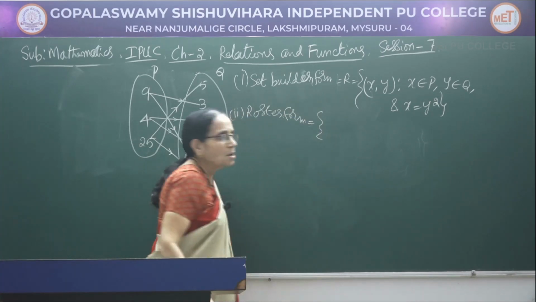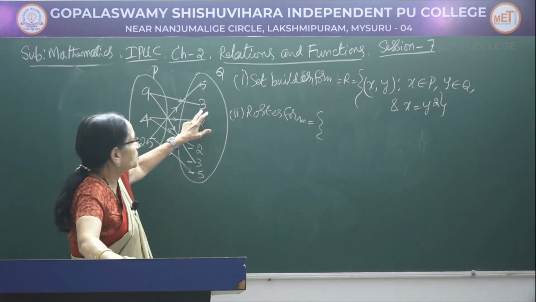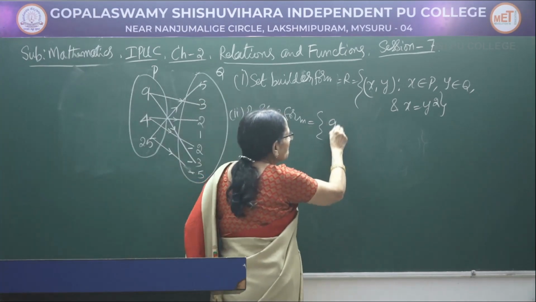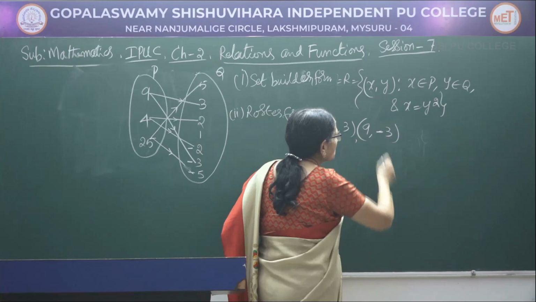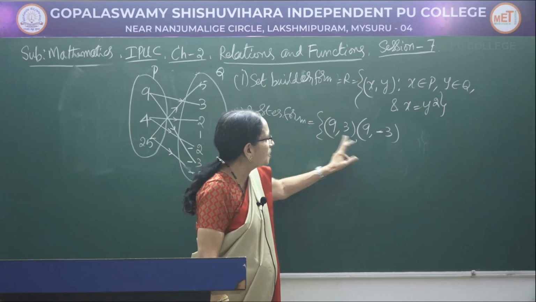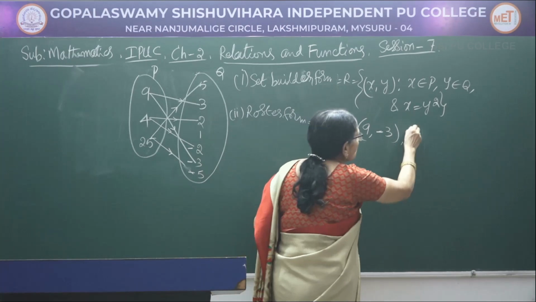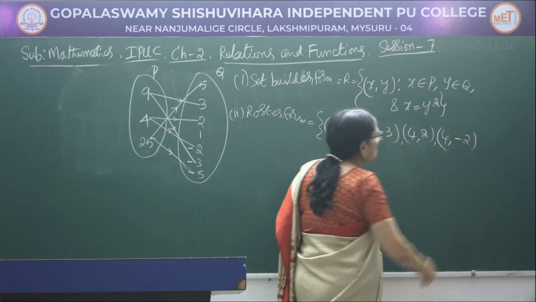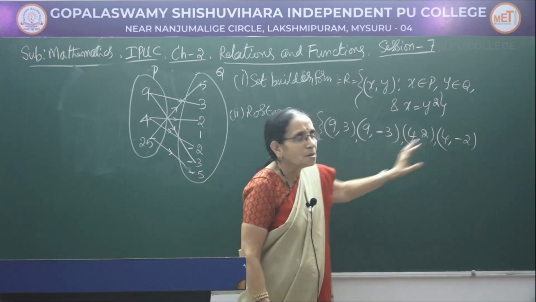Now, here as you know, we write the actual elements, one by one we will take. See, 9 is associated with, or related to, 3 and also minus 3. Write them here. It is 9 comma 3 and 9 comma minus 3. Isn't it? 9 comma 3 and 9 comma minus 3, because 9 is equal to 3 square, 9 is equal to minus 3 whole square. So that has been satisfied. What's the next number? 4. 4 comma 2 and 4 comma minus 2, because first element is 4 equal to 2 square, 4 is equal to minus 2 square.